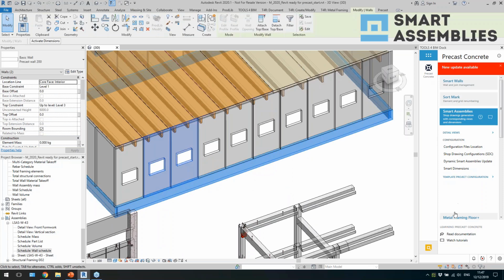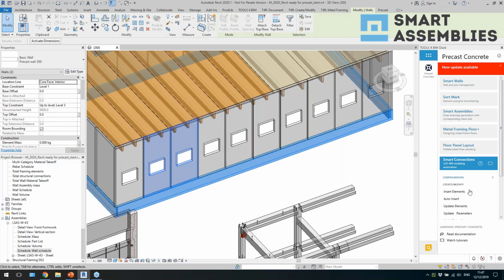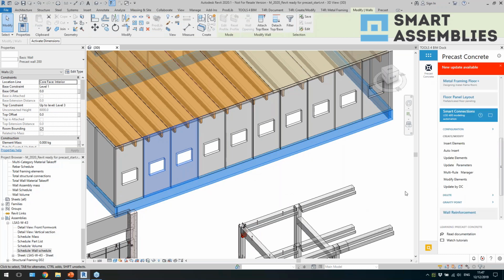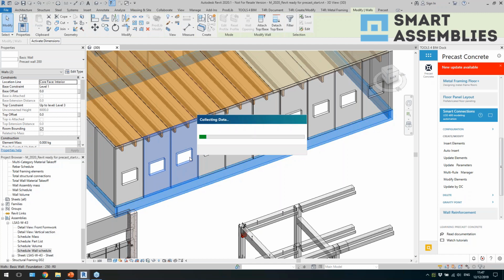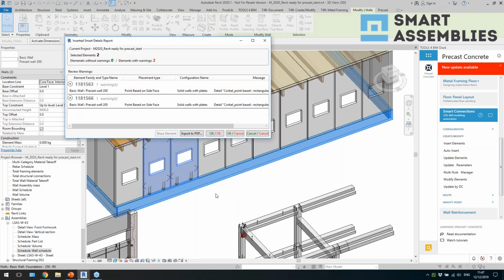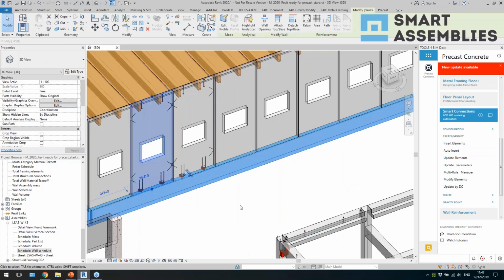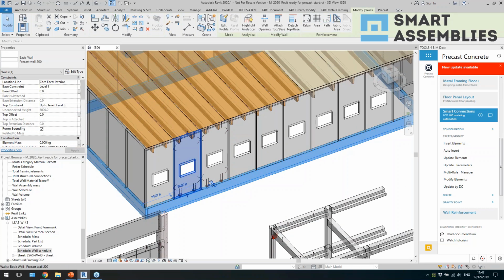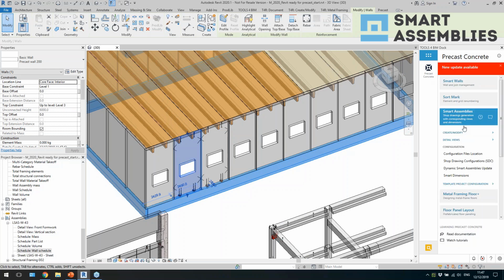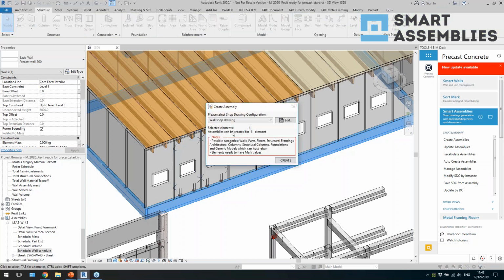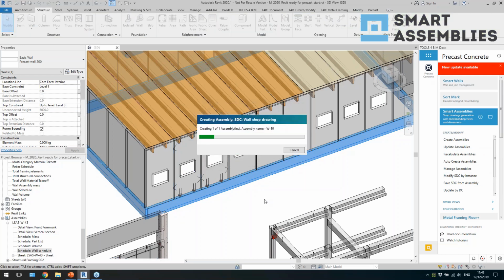So it means that now, okay, let's do one more thing actually. Let's just quickly add some details. If the configuration is assigned, it should be good. All right, good enough. Okay, and here, go back to Smart Assemblies, and where is it? Okay, Create Assemblies. And this time, when I pick the same configuration and click on Create, what will happen is that